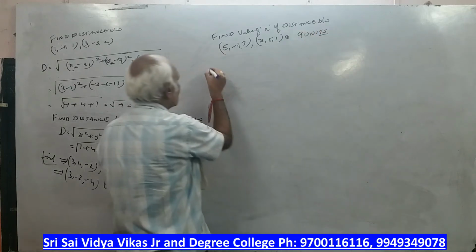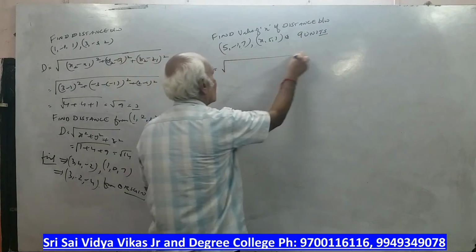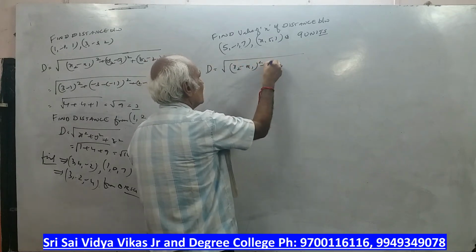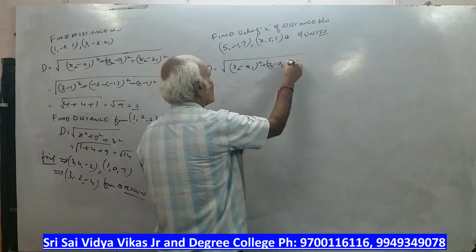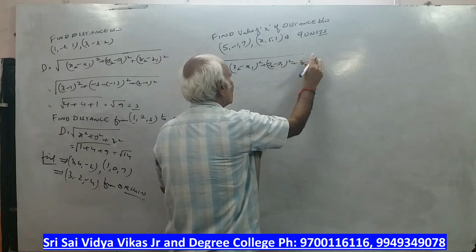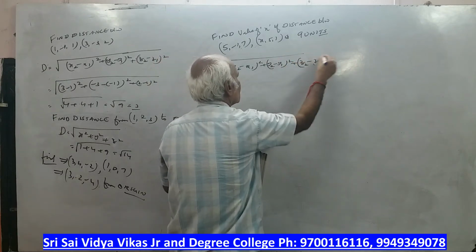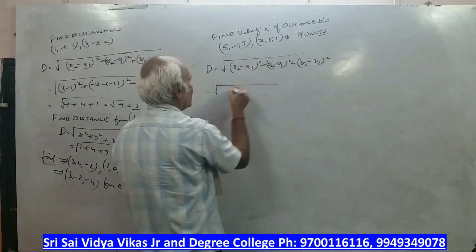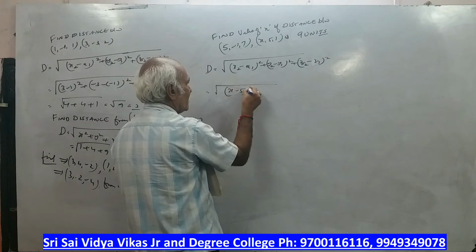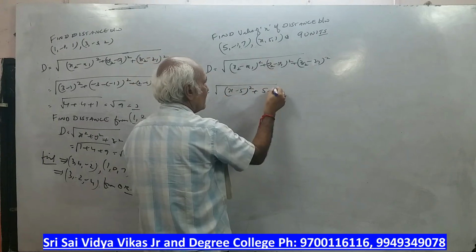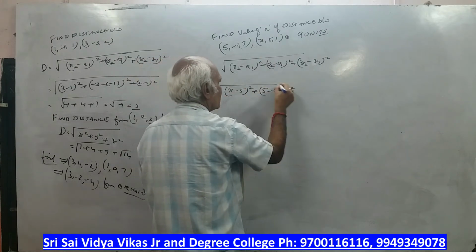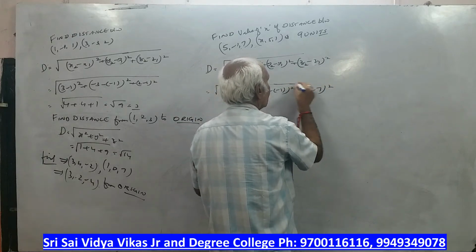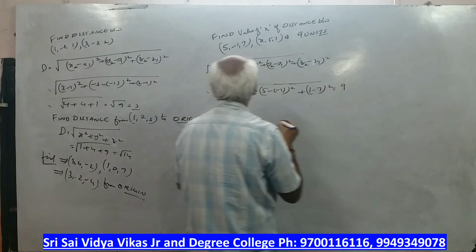Right? Now, what is the distance formula? Root of (x2 minus x1) whole square plus (y2 minus y1) whole square plus (z2 minus z1) whole square. Right. So, what is x2 minus x1? Root of (x minus 5) whole square plus (5 minus of minus 1) whole square plus (1 minus 7) whole square is equal to 9. So this becomes